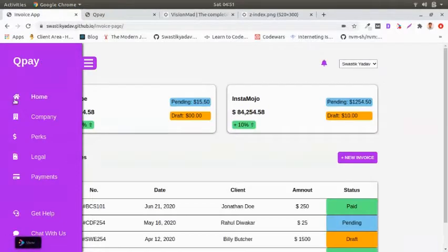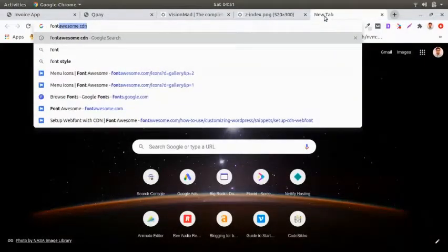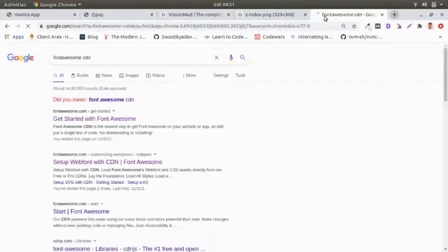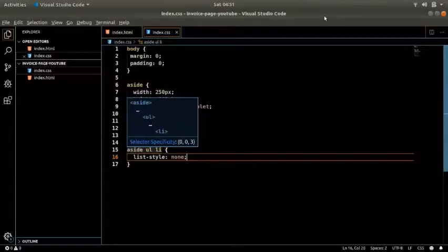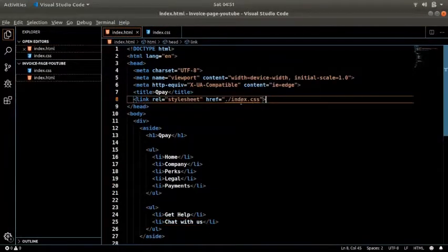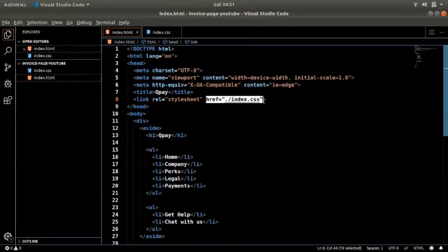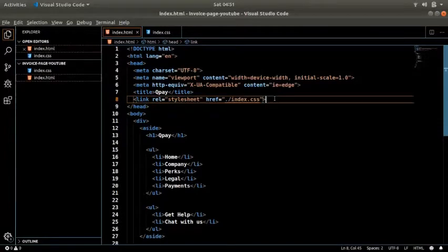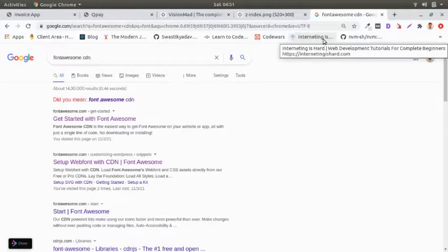List style, I will say none. Let's reload it. What none will do, it will just remove all the bullet points the way we want it. And now we need to have these icons with all these lists. So for icons, we will be using something called Font Awesome, and we will be using the Font Awesome CDN. What a CDN is? It's a content delivery network, right? What that simply means is that you see, to use this CSS file, we linked it in our HTML, right? And we told it that this is where our CSS file lies, the href, okay? And that's exactly what we are going to do with Font Awesome. The CSS file of Font Awesome lies on the browser, and we will just link it from there, okay?